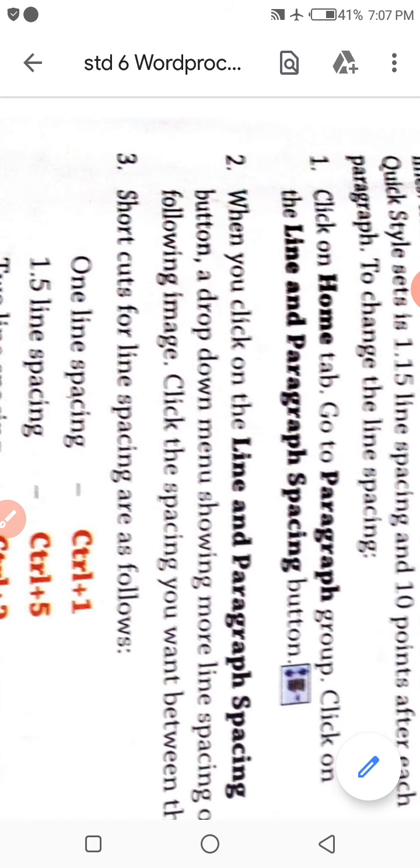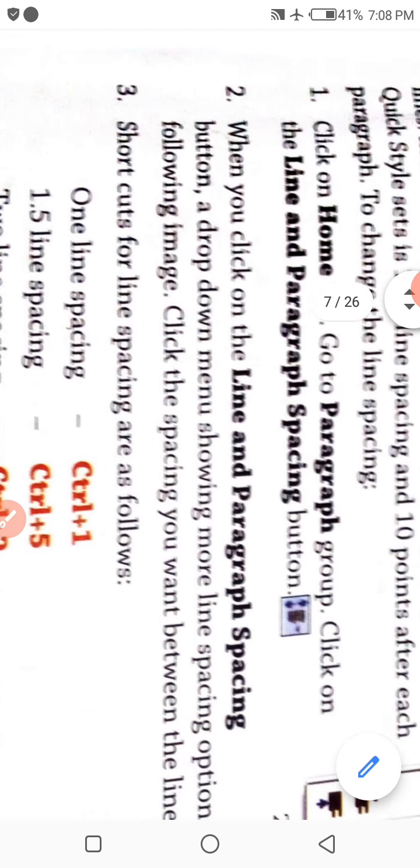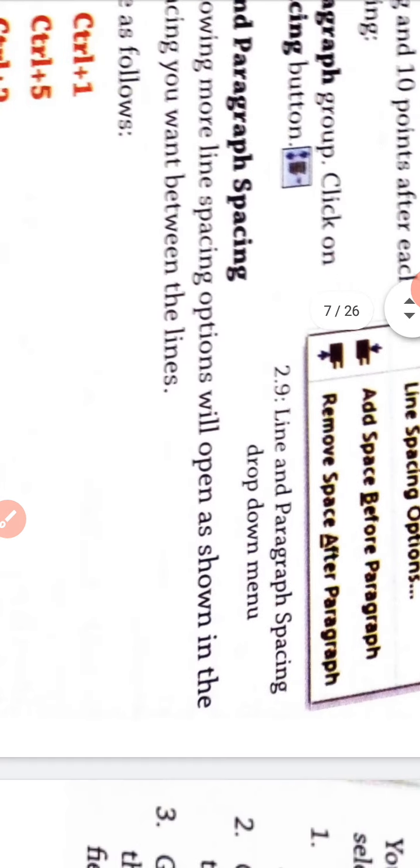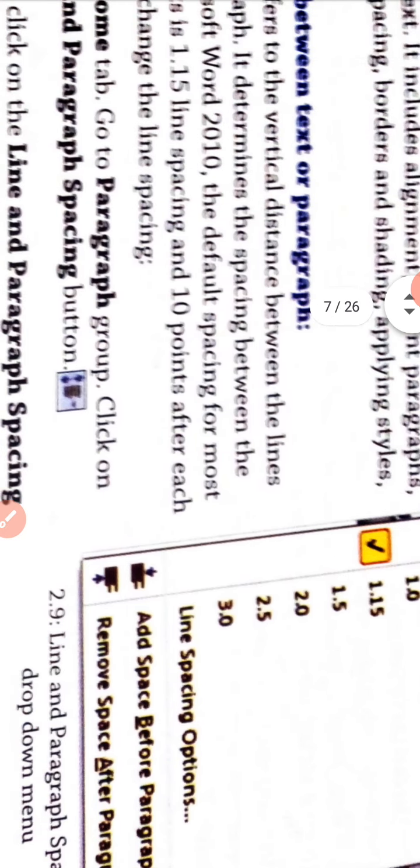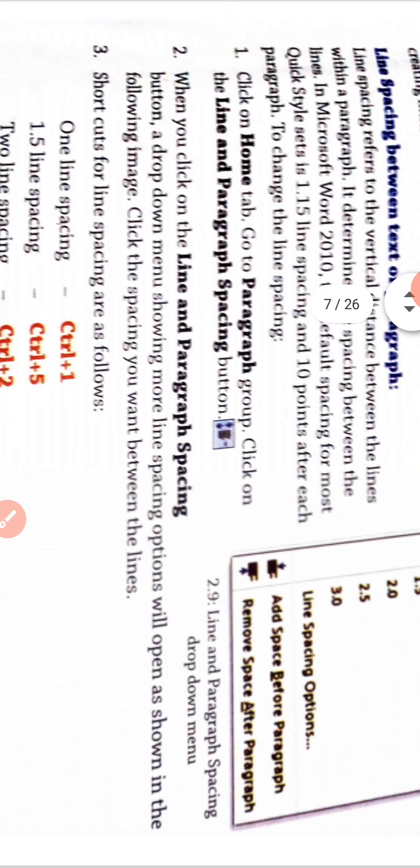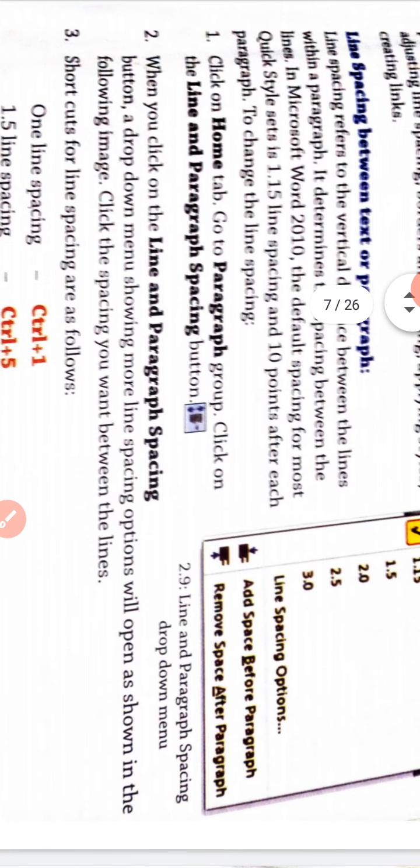When you click on the line and paragraph spacing button, a drop-down menu showing more line spacing option will open as shown in the following image. Click the spacing you want between the lines.